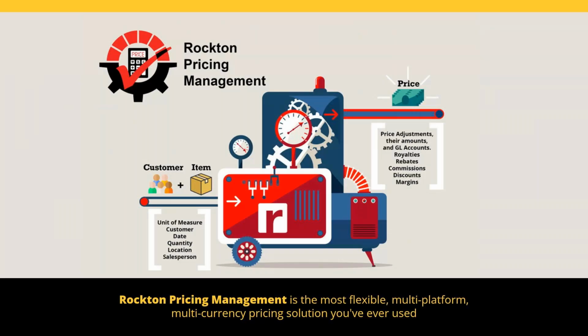But let's dive in. And actually, before I dive into the implementation process, what I want to show you first is this really nice visual. This is a visual of RPM, or the one that we use for RPM, but you can use it for Omni Price as well. What you see on the left-hand side are all the inputs: customer, items, unit of measure, and so on and so forth. Whatever you're taking from your ERP system to calculate your pricing goes into that engine. And on the right-hand side where you see pricing, that's what RPM and/or Omni Price is going